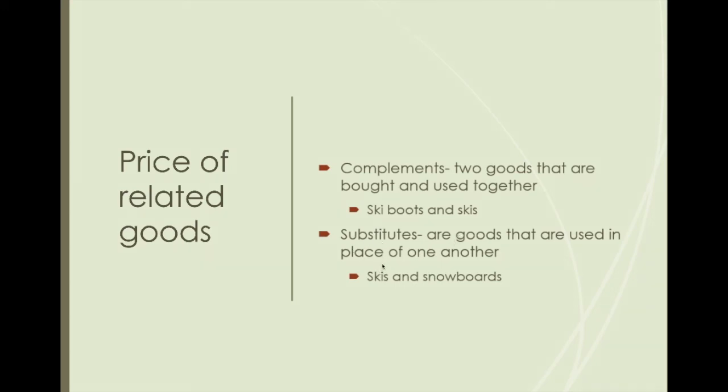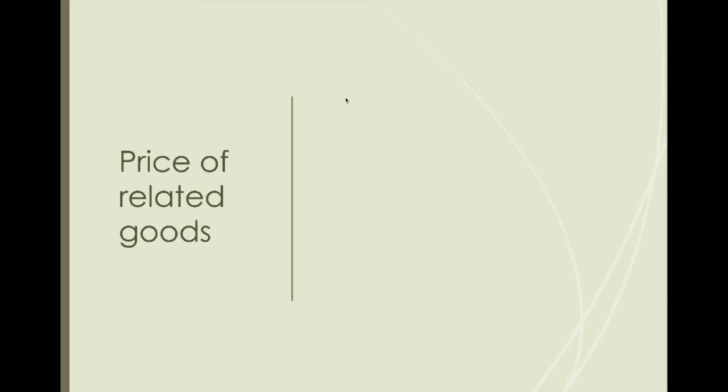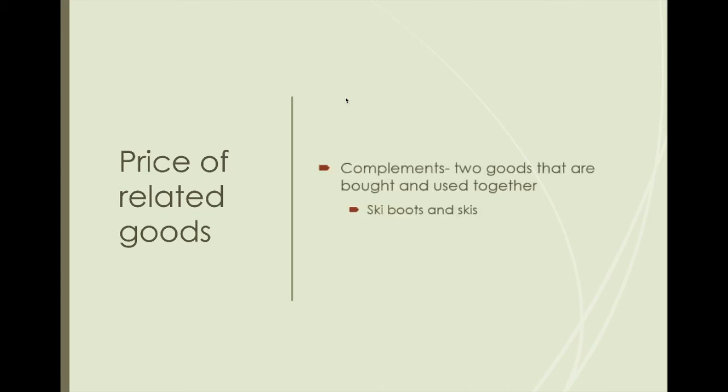Okay. So with the substitutes, you have the same thing. So usually the things that are bought in place of one another. So in this instance of complements, also then the price of related goods. So we talked about substitutes in one of the previous videos. So first let's talk about complements, the two things that are purchased together. So we know a lot of things that we consume at the same time, like hamburgers and fries, or fries and ketchup, or hamburgers and hamburger buns, or hot dogs and hot dog buns. So these two things that are always used together complement.